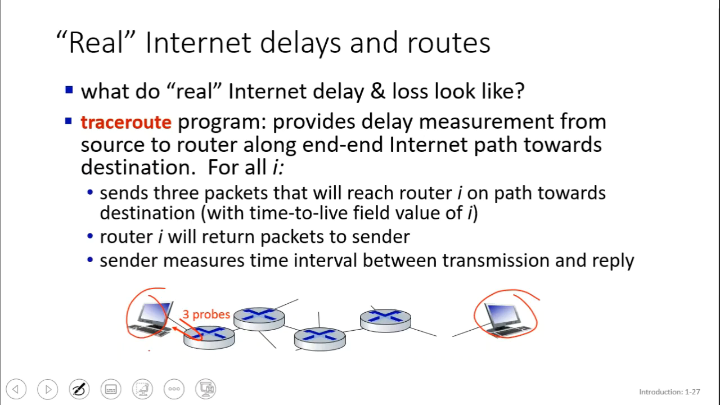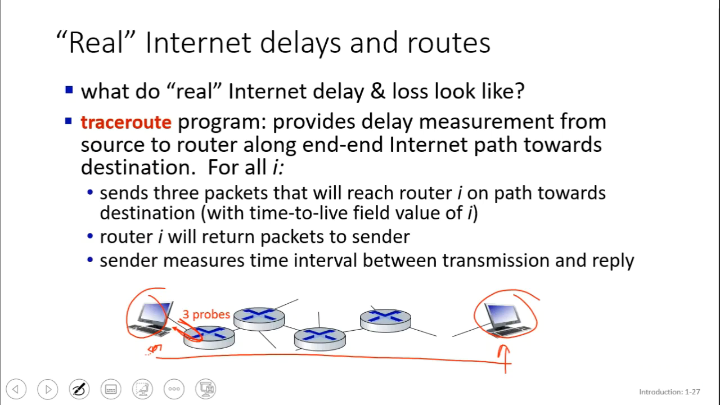How long does it take to send a request from this computer to this computer, and how many routers does it cross to get the information? It does that 3 times per router. So the very first router will basically give you 3 different